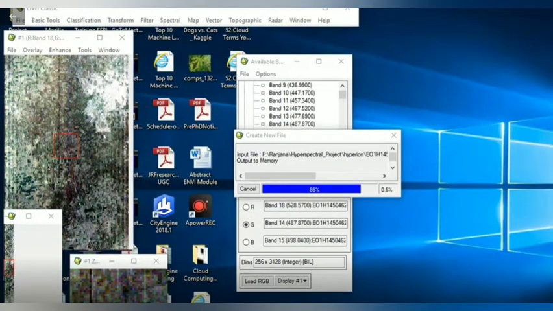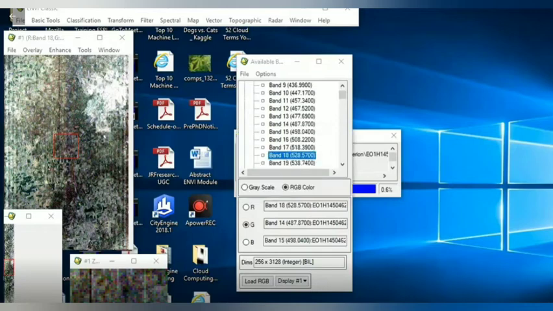Removing the bad bands is a very important step while dealing with the Hyperion image. These are the hyperspectral images having higher resolution, but while acquisition, some bands do not capture the data, so that are the bad bands. We have to remove those. After completing this step, your file without bad bands will be ready.